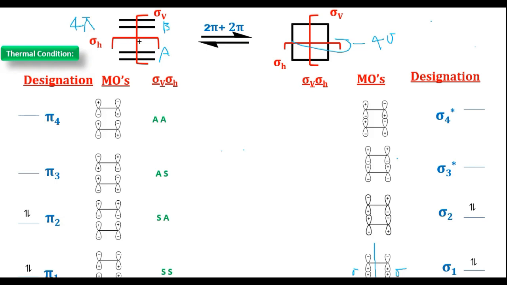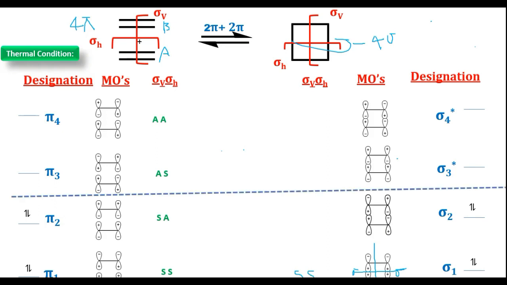Now you see here friends, the vertical plane of symmetry, the left side part is mirror image to the right side part, therefore it is symmetric with respect to sigma v. Also cut using the horizontal plane of symmetry. The bottom side part is exactly the mirror image of the top side part. Plus is there, in the mirror also you are getting plus, therefore it is symmetric and symmetric.